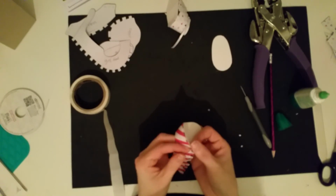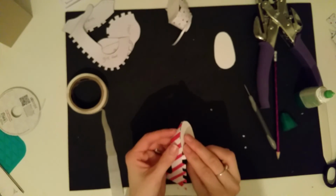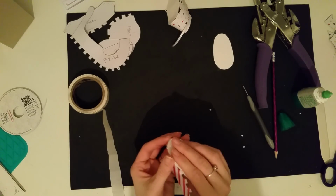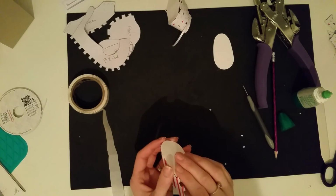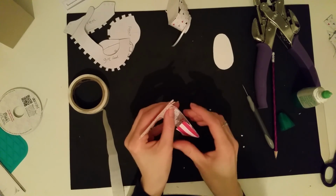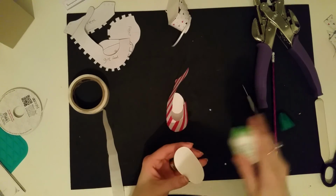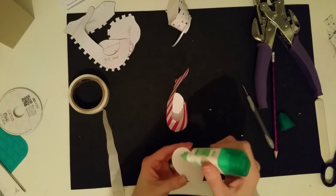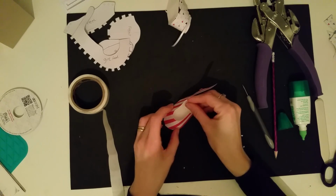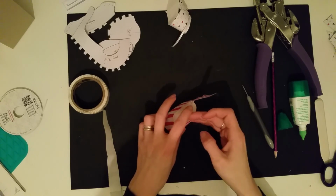And as for the boy front of the shoe, I did the same for this as well. I just run my bone folder across to score across the little tabs, just to make them fold under easily. And with this one, it comes all the way around the back of the shoe. So if we just stop at that point, we can pop some glue on the front of our inner sole, and we can pop that in at the front, and then we can lift this up,